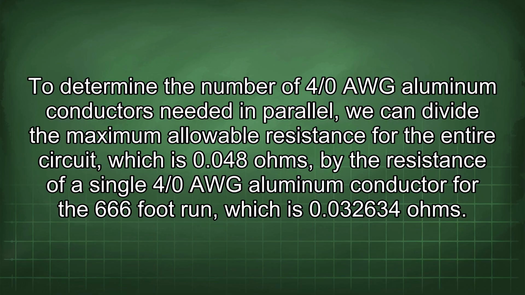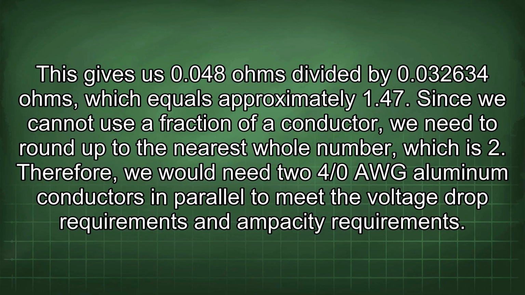0.32634 ohms. This gives us 0.48 ohms divided by 0.32634 ohms, which equals approximately 1.47. Since we cannot use a fraction of a conductor, we need to round up to the nearest whole number, which is 2. Therefore, we would need two 4/0 AWG aluminum conductors in parallel to meet the voltage drop requirements and